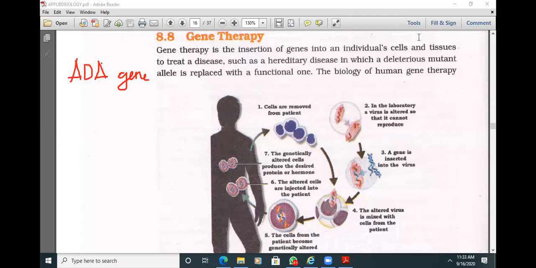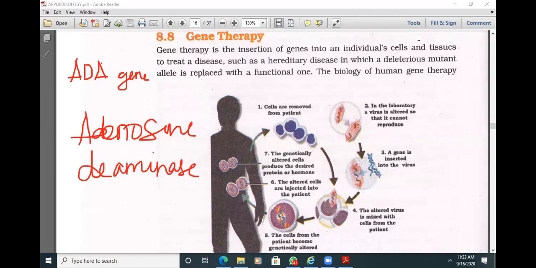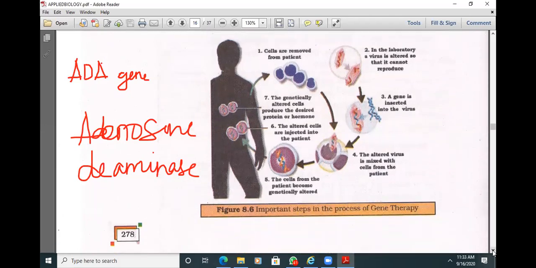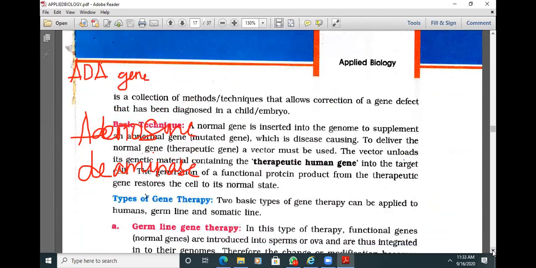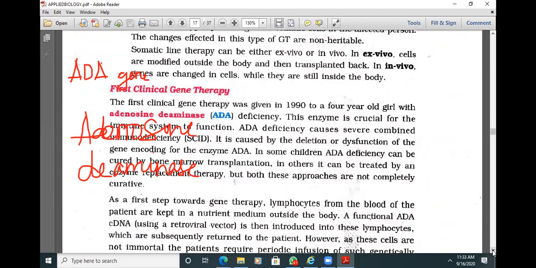ADA gene. What is the ADA gene? Adenosine deaminase. The adenosine deaminase enzyme is produced by the ADA gene. The ADA gene produces an enzyme called adenosine deaminase. So this particular ADA gene, or adenosine deaminase gene, is very, very important in people. Let me locate that particular ADA gene. The enzyme produced by the ADA gene is crucial for the immune system